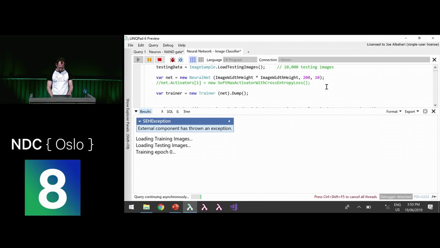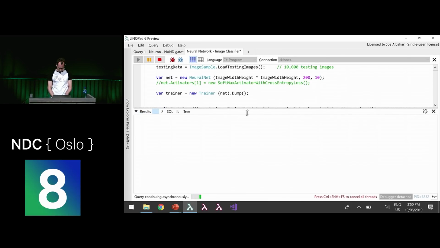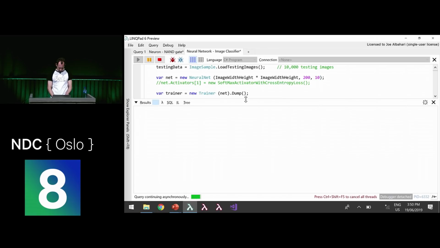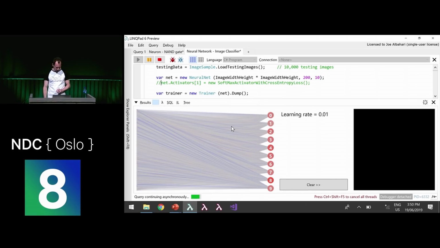So while this is going, there's something else. Is it still going? Or has the SEH exception finally got the better of it? It is going. Okay, so something else I want to do, which is what do we do if we want to get even better than that? Or we want to solve more difficult problems, like recognizing what kind of object, whether it's a fluffy cat or a dog in the picture.